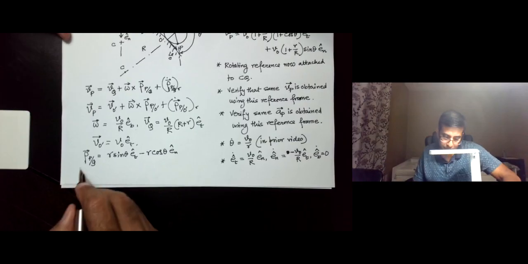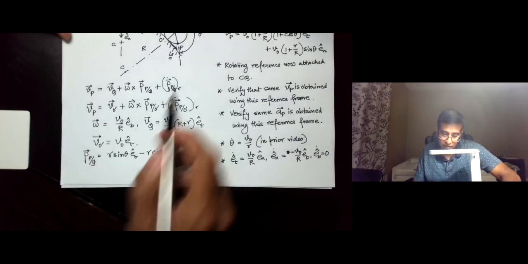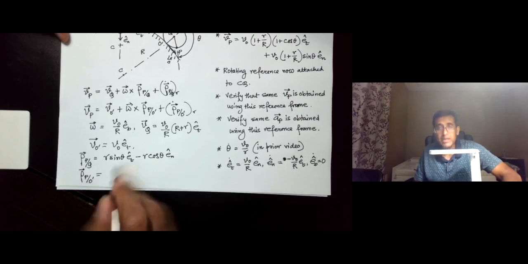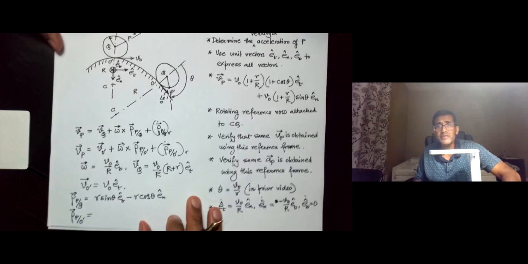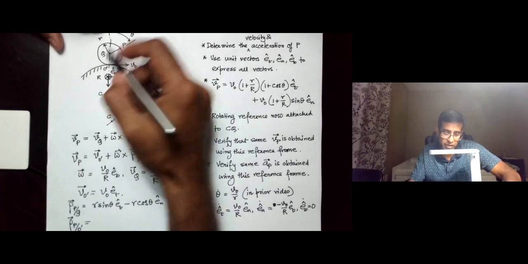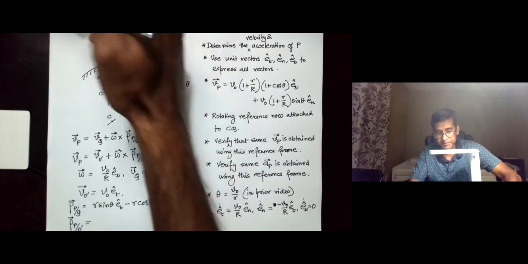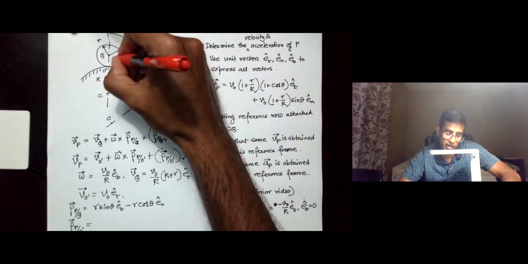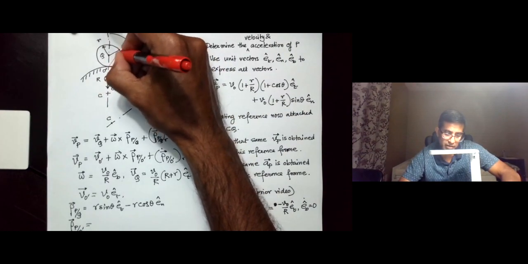Okay, that is if I use the first equation. If I use the second equation, rho P with respect to O prime is going to be equal to, if we go back to this figure, P with respect to O prime is essentially this vector,